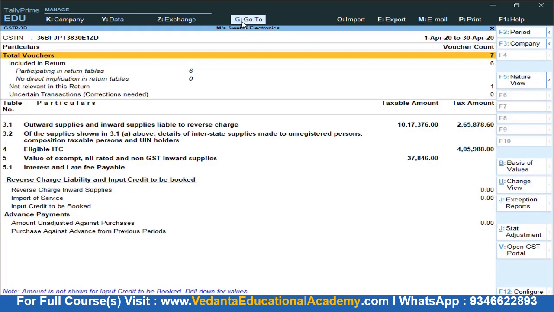The total taxes paid is 4,05,988, and the total taxes collected on outward supply, that means total taxes collected on sales, is 2,65,878. We need to file the GSTR form 3B on or before the 20th of the subsequent month.